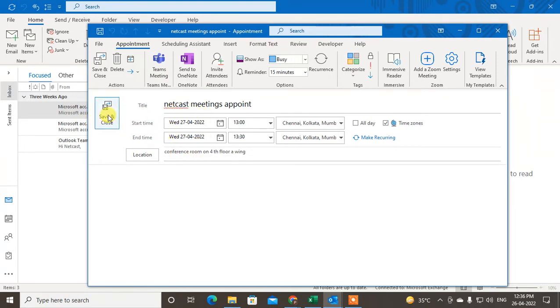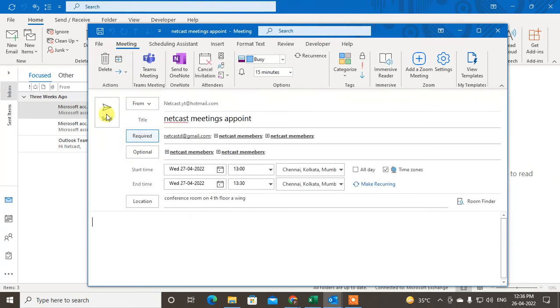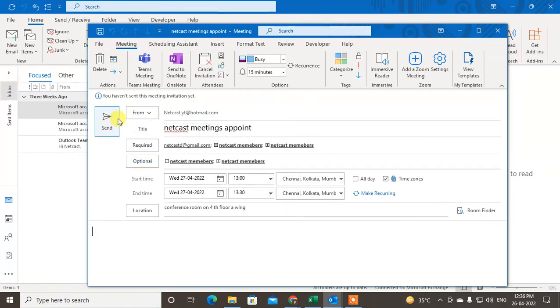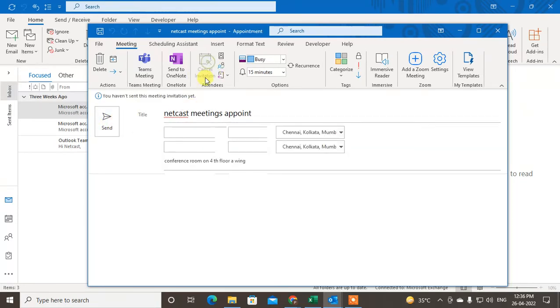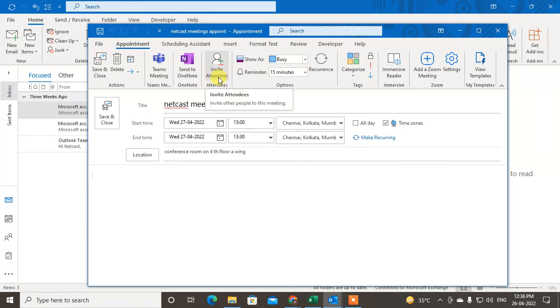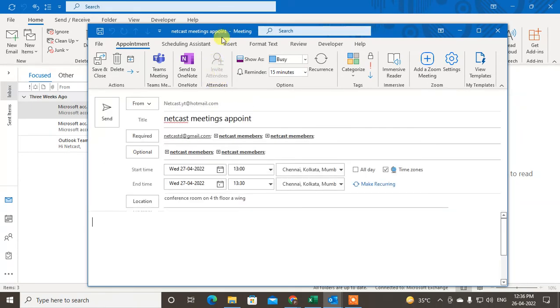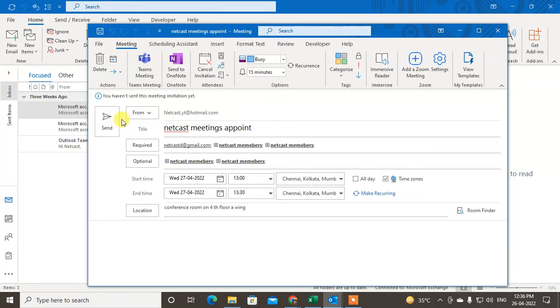If you save it and close it, it will be saved to your selected date on your calendar. Okay, if you invite, you need to send it. If you invite some attendees, it will be converted into a meeting and you have to send it. So this appointment meeting mail is sent to this person, and you can also write any notes here if you want. Okay,